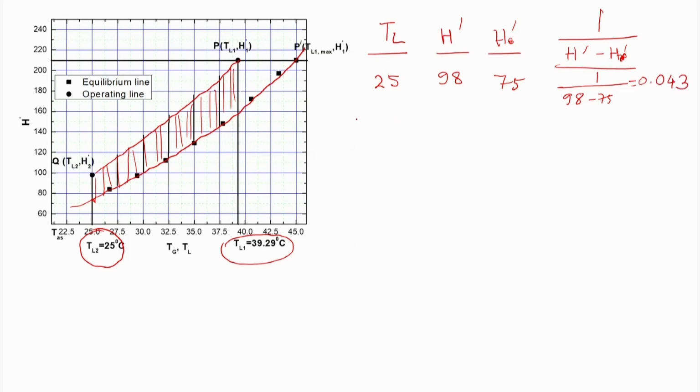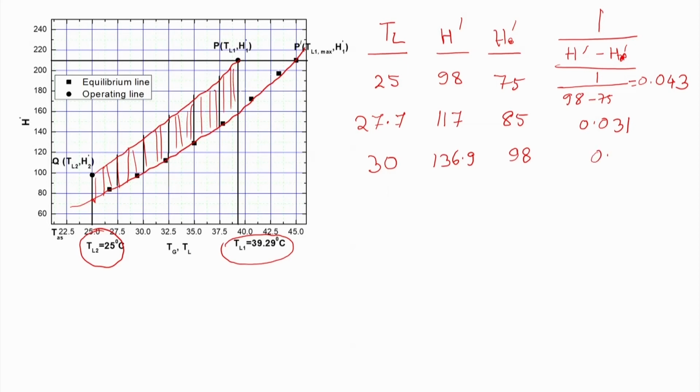For this again we will be taking any temperature increment, say we can do this one. Whatever we are following, at 27.7 the enthalpy value is 117 and the equilibrium enthalpy value is 85, and then 1 by H prime minus H star prime we are getting as 0.031. For 30 degree Celsius the enthalpy value is 136.9, whereas the equilibrium enthalpy value is 98, and this 1 by H prime minus H star prime is coming out as